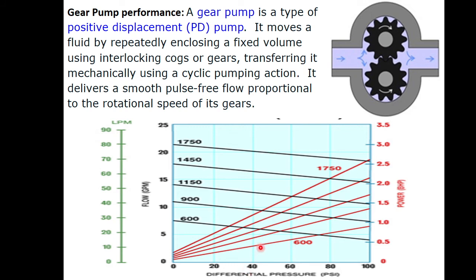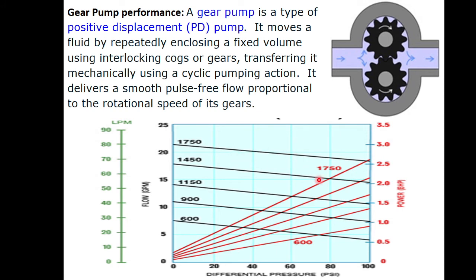What we can say at the most is that at a particular speed we will get this much of flow. What about the pressure? We cannot say how much pressure we are going to get unless we connect it to a system. You recall, any performance curve has to be put along with the system characteristic curve. Then only you will get the operating point of the pump.